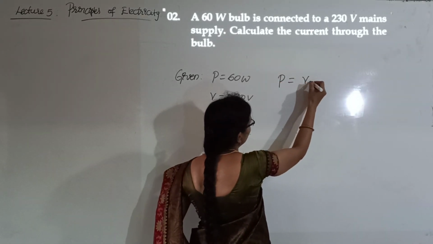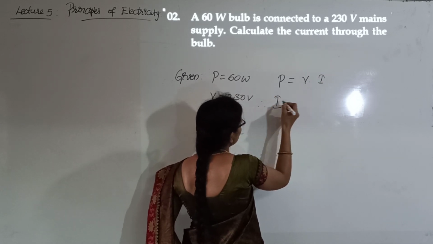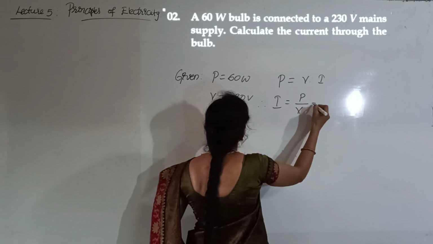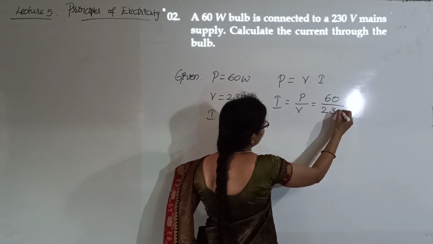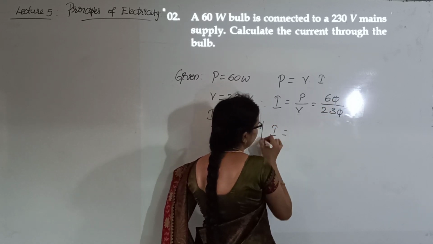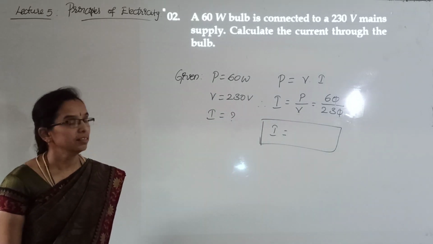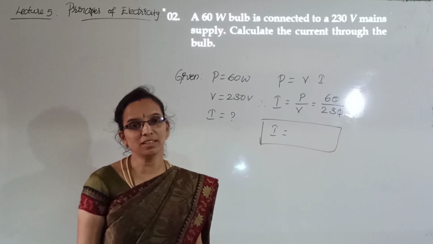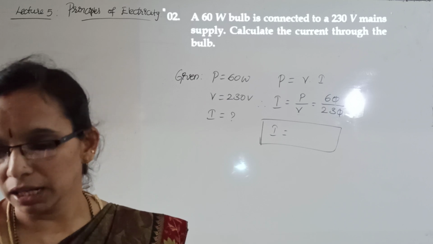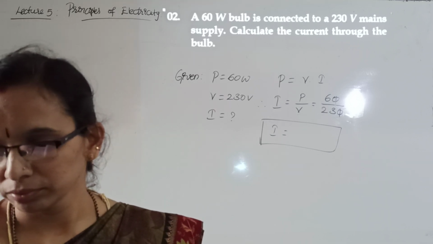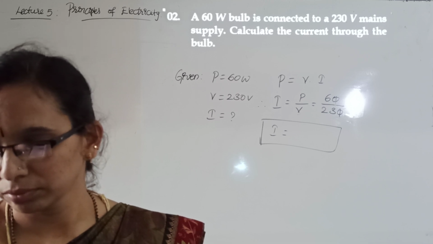P is equal to V into I, therefore I is equal to P by V, which is 60 divided by 230. Use the calculator and calculate it. Write the answer in the box. It may come around 2